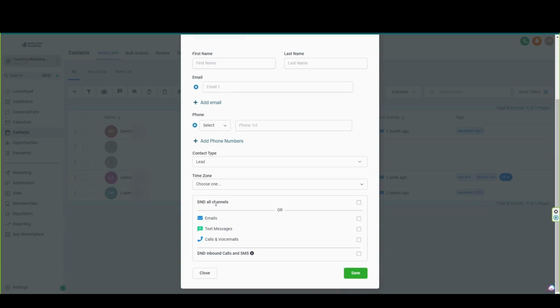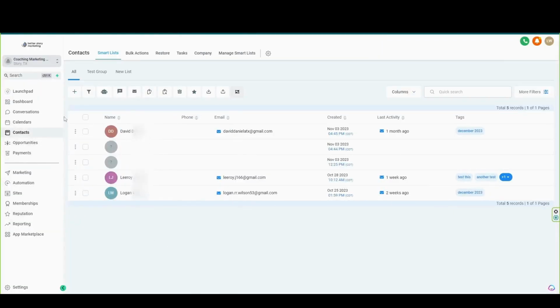The D&D channels stand for Do Not Disturb. So if you have someone who says they are willing to receive emails, maybe calls from you, but they don't want text messages, you can mark this and the system will know if you are adding contacts to a new campaign and you're going to send out a text campaign, you'll be notified that this person would not fit that category since they do not want to receive text messages. Once you've filled in the necessary information, click Save, and then all of your new contacts will show up in